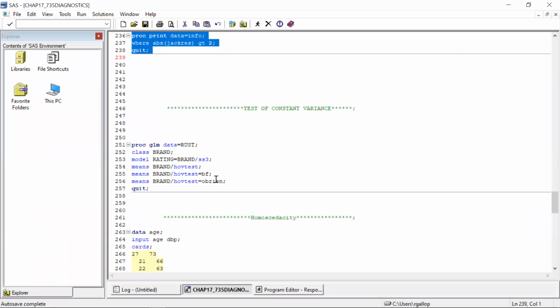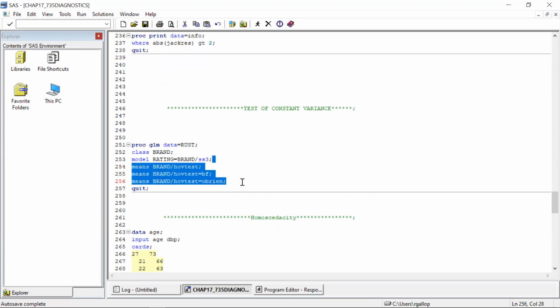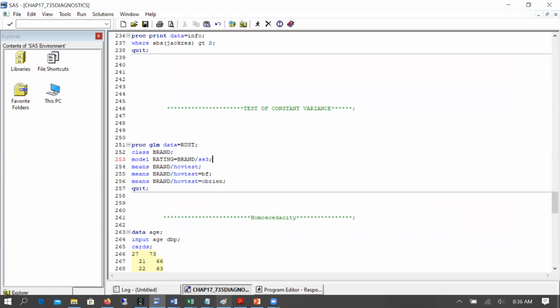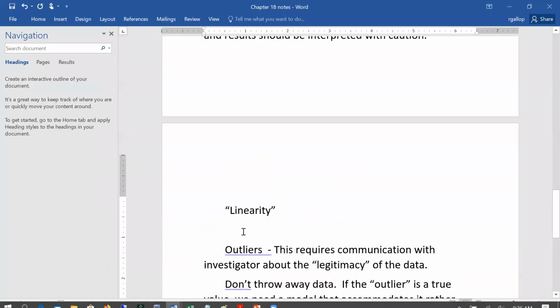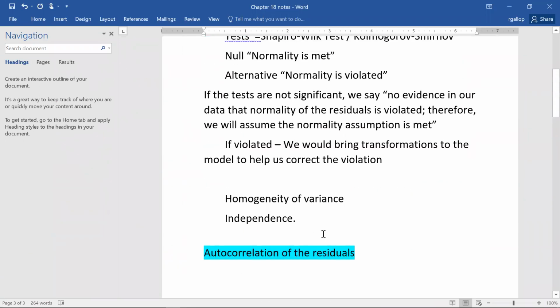This starts giving us a look at homogeneity of variance. If you remember, in SAS, lines 254, 255, and 256 are doing a homogeneity of variance test. So like we saw before, when we get back to our notes, this homogeneity of variance test,